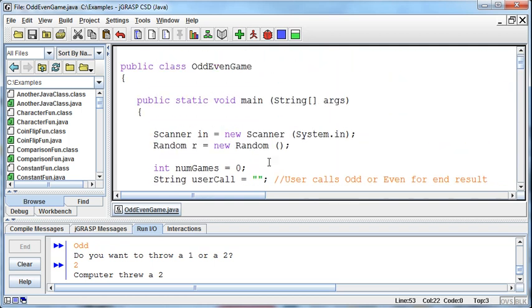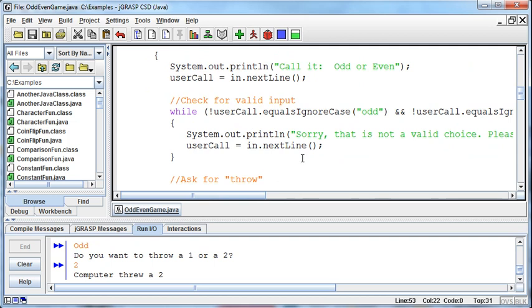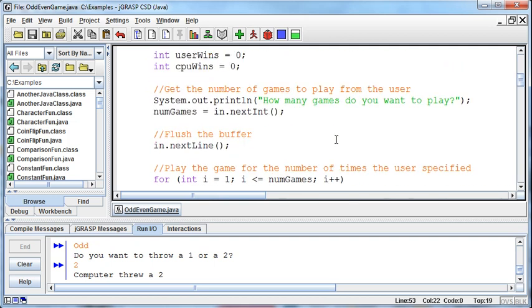And we could improve this. I mean, really, we probably ought to break out some of these things into other methods and compartmentalize this a little bit. The one thing I was thinking is, how many games do you want to play? The problem is, what if they enter an even number? We don't even have that situation. If we tied, if I said I want to play 4 games and we win 2 each,